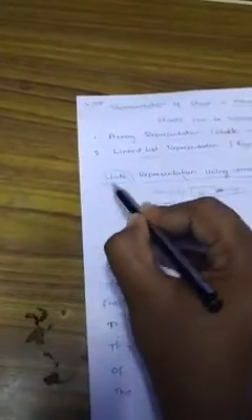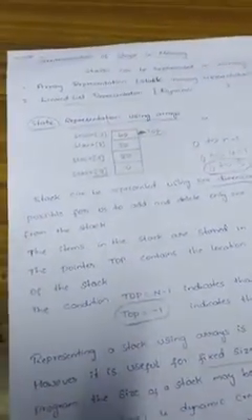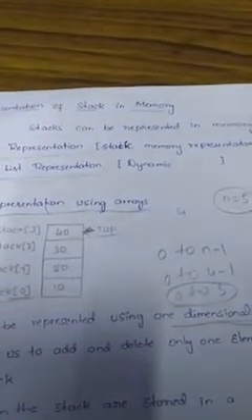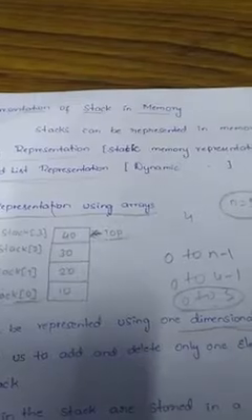Why are we naming it the static representation? Because we already know that an array is a collection of homogeneous elements, which means it has a fixed length. So if we take the maximum size n is equal to 5, we can insert only 5 elements. We can't insert 6 elements, we can't insert 7. More than 5 elements we can't insert because an array has a fixed length.